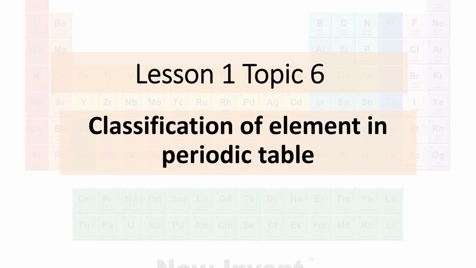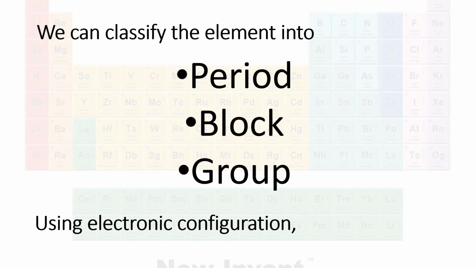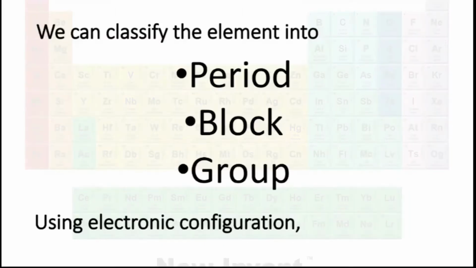So for this video, we will learn Lesson 1, Topic 6, which is the periodic table, classification of elements in the periodic table. So how do we classify our elements in the periodic table? We will classify the elements into period, block and group using the electronic configuration. To classify the element into period, block and group, we will use the electronic configuration that we have learned